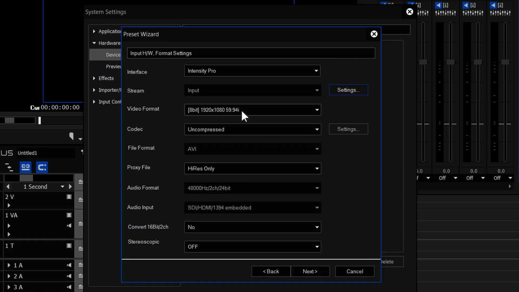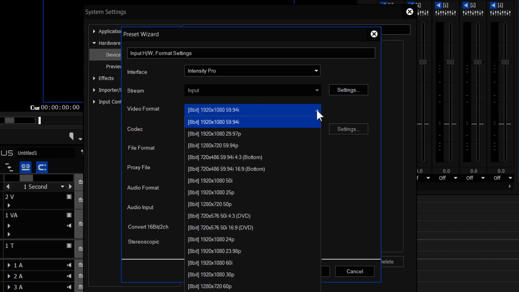The screen wouldn't be blank if you've actually got some video pumping into the Intensity Pro, but that's all this thing will show you. The next thing you've got to do really is choose what kind of video format am I going to capture, and it's set at the moment to 59.94 high definition. But if I click on that, I can look through all my possible options, and I am going to choose this one, which is 720 by 576 50i, because I'm trying to do a standard definition 4x3 setting, so that's